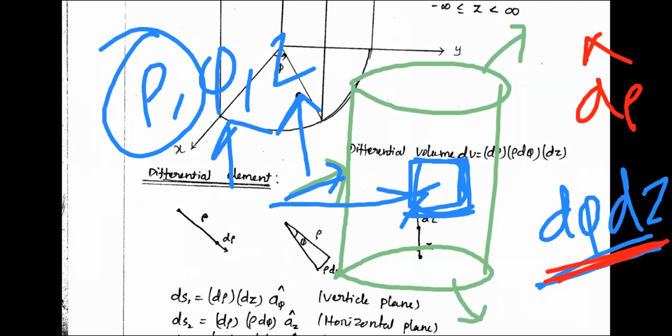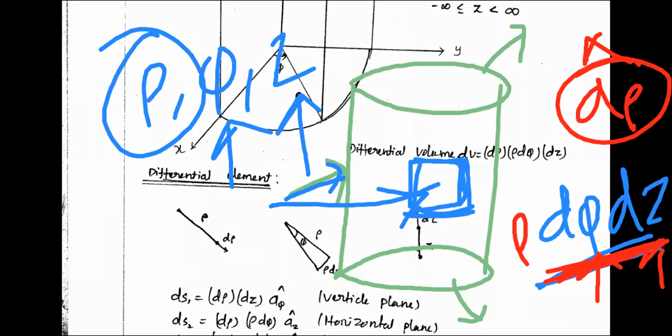Again, it is very simple. Here phi is variable and z is variable. So what is missing? a rho. That is what must be the unit vector for that surface. Okay, this is the idea for the lateral surface. Again, please remember, what is the change in phi? For the change in phi, we have to put rho d phi. So what comes for us? rho d phi dz. Okay, then this is the lateral surface area. Lateral surface area is rho d phi dz.